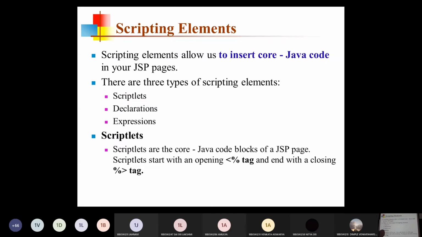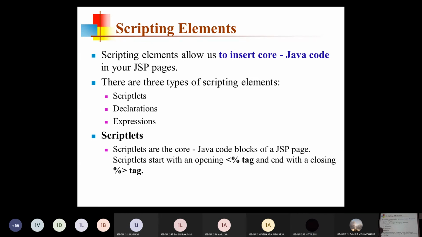And see the scripting elements. Here the script is just like code, Java code. These scripting elements are exclusively used for writing pure Java code.